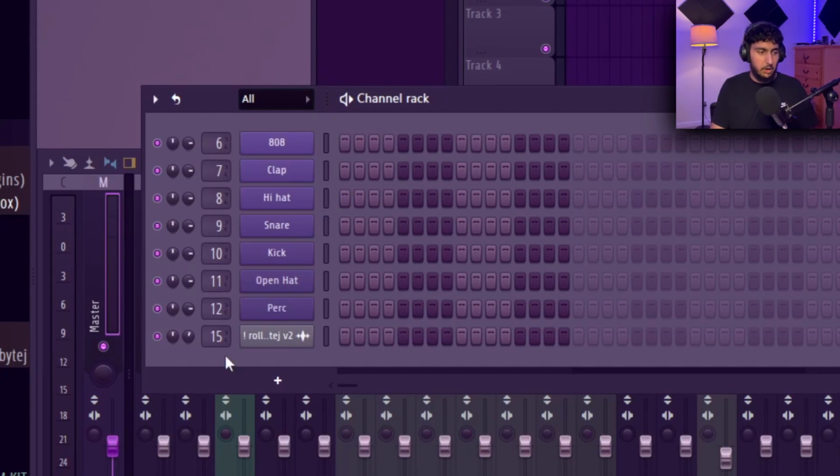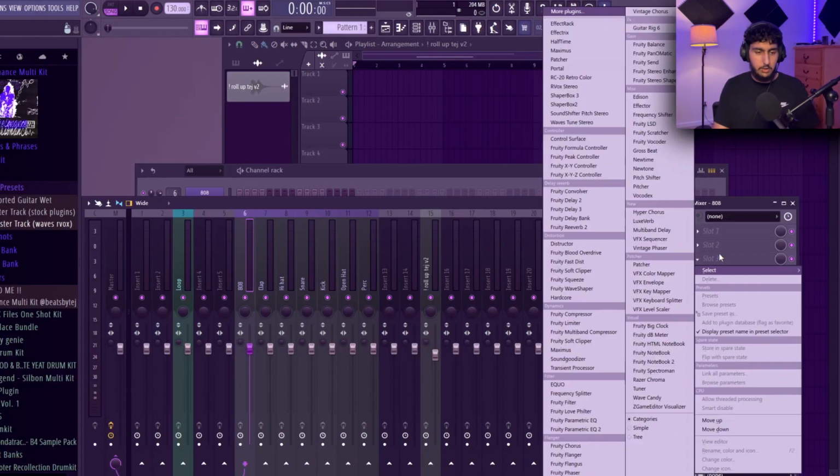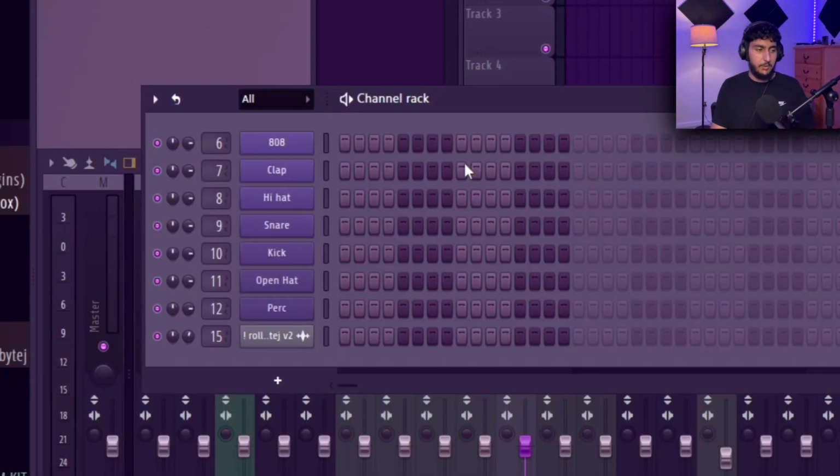And notice that they're all routed to the mixer track here. All the drum sounds, including my tag, are routed to the mixer track, and I also have an open mixer track for my loop. And if you have any effects that you like to put on your sounds, you can also put a default sound here, like an EQ or something. You can also put down some default drum MIDIs too. So if you want to put in just a simple clap with a 2-step hi-hat, you could do that